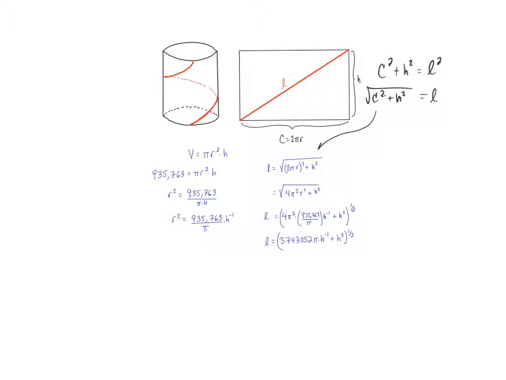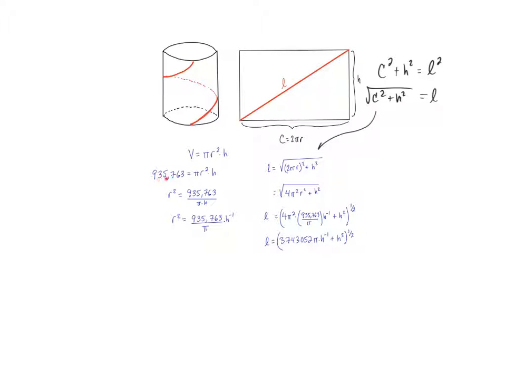Now, the problem refers to one where you guys were asked earlier in the year to come up with L as a function of H. So that means we can't have this r in here. So what we have to do is substitute r for something equivalent to it. So I went ahead and squared 2 pi r and got 4 pi squared r squared if you just square each one of those things. So what we need to do is get rid of this r squared and replace it with something that's equivalent to it. So you go over to the part of the problem that says the volume of this thing has to be